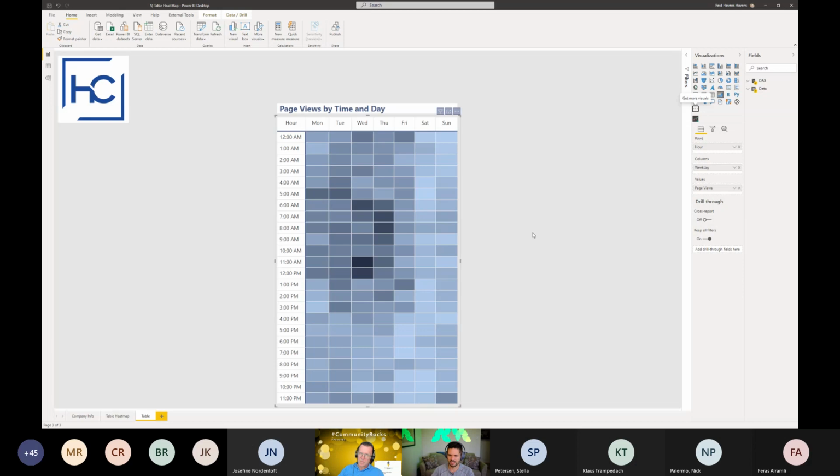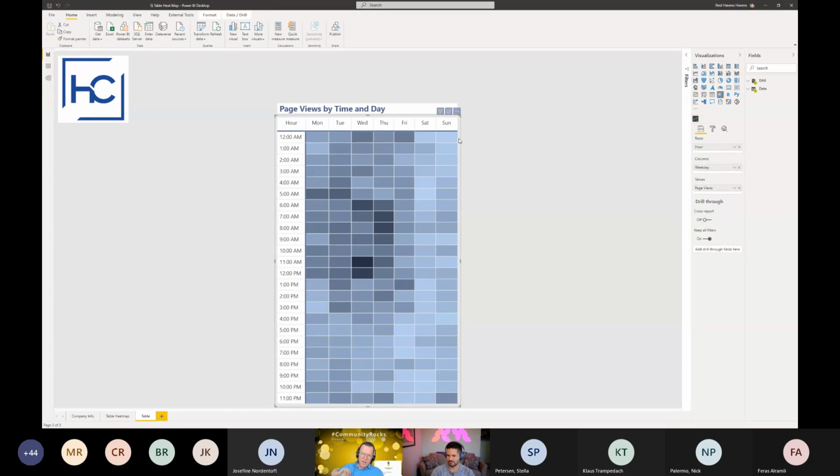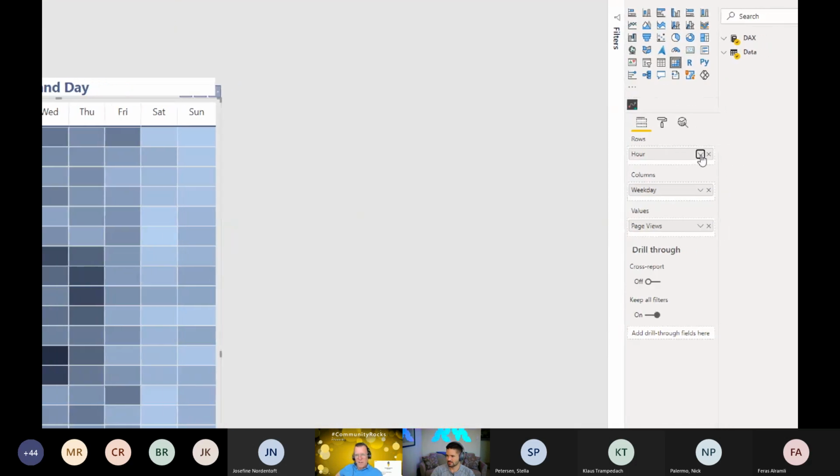But otherwise, are there any questions just on the conditional formatting or kind of transforming a table into a visual with the matrix table? I guess no questions, but I have a small comment. If you want to build this, you need to remember to show items with no data, right? Otherwise, yes, if you don't have visits on Thursday.